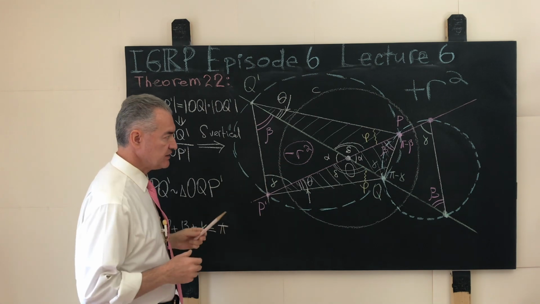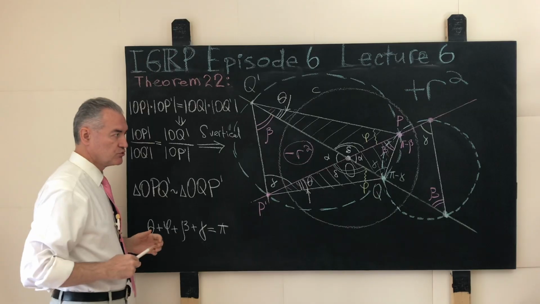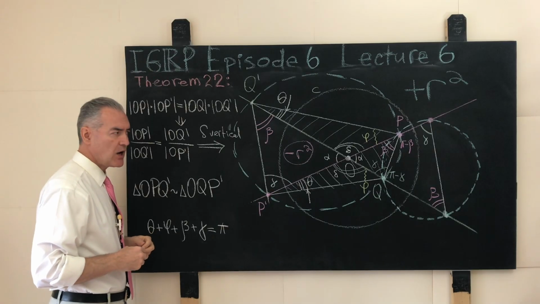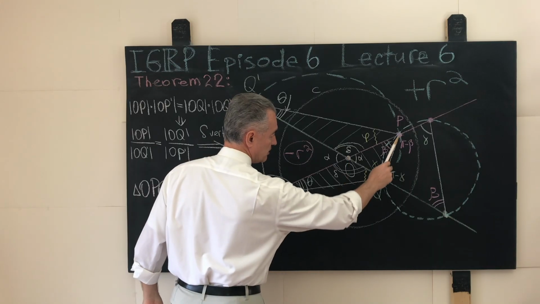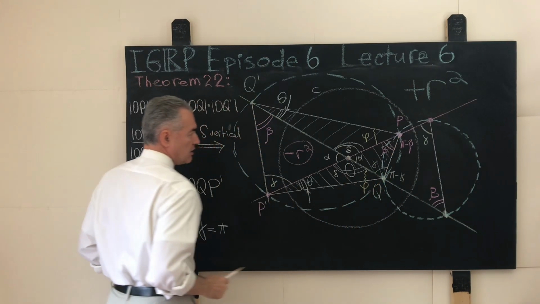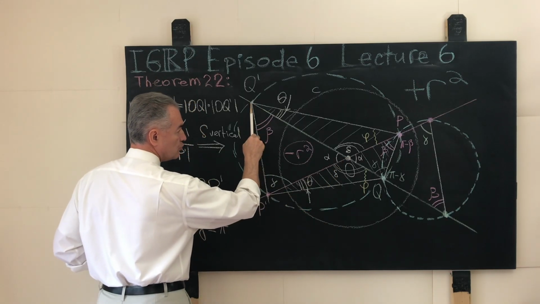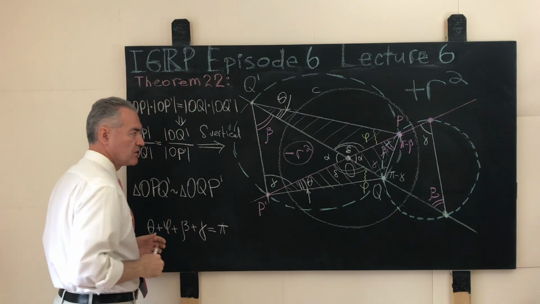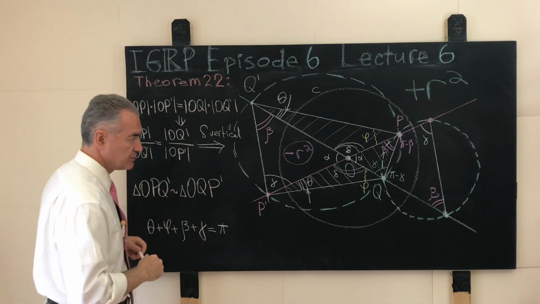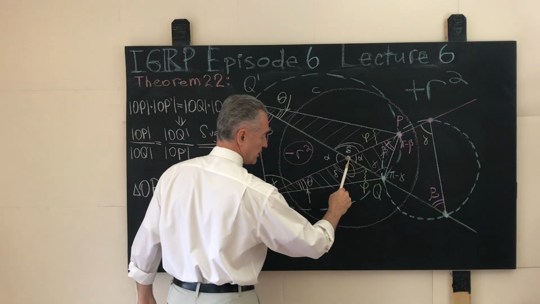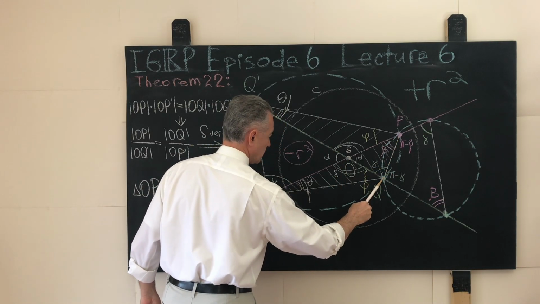Then, in this case, we will take it that in theorem 22 we proved our observation that the triangles O, P, Q and the triangles O, Q prime, P prime are similar with the corresponding angles traversed in the same direction, for example, from the angle alpha to the angle beta to the angle gamma,